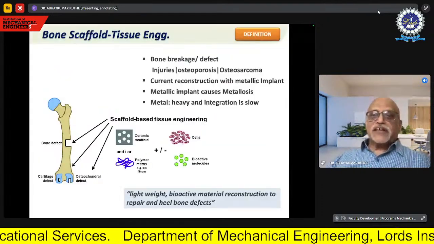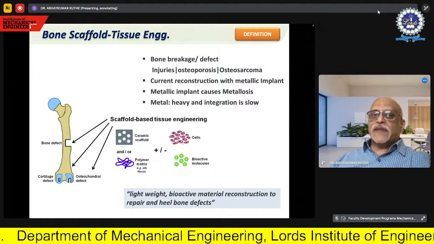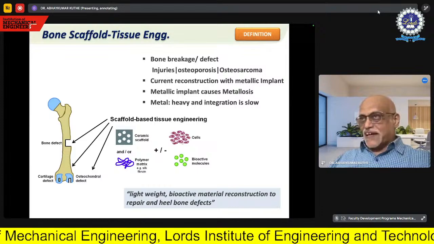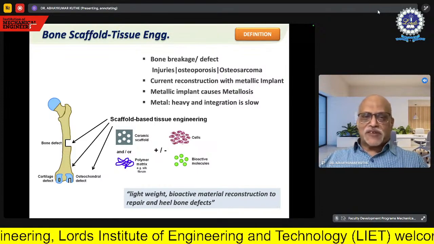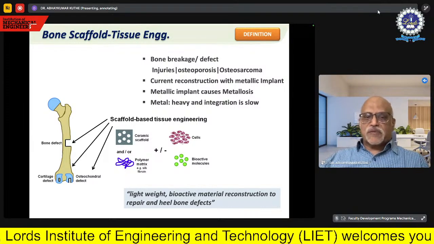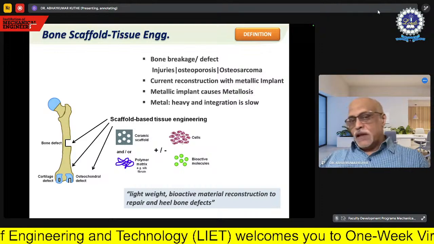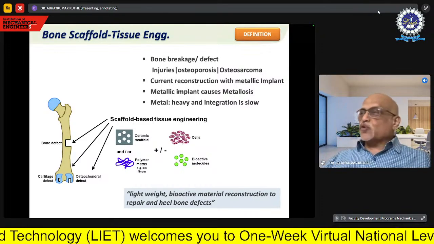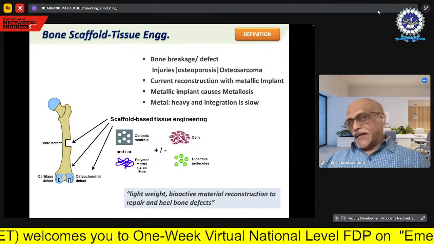One interesting point which I think will be quite interesting to look at is tissue engineering. Now, what exactly is tissue engineering? I think this must be known to many of you, but if it is not, I would like to quickly show you some slides. If there is a major bone defect, then we simply say that in that major bone defect, we are going to put an implant.